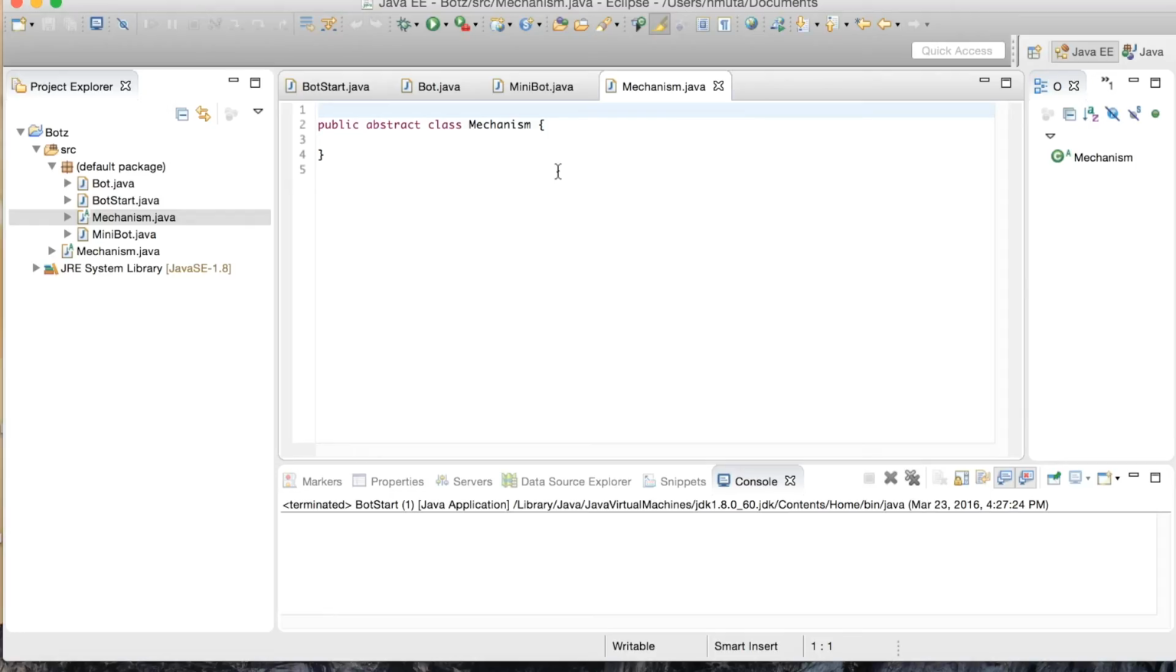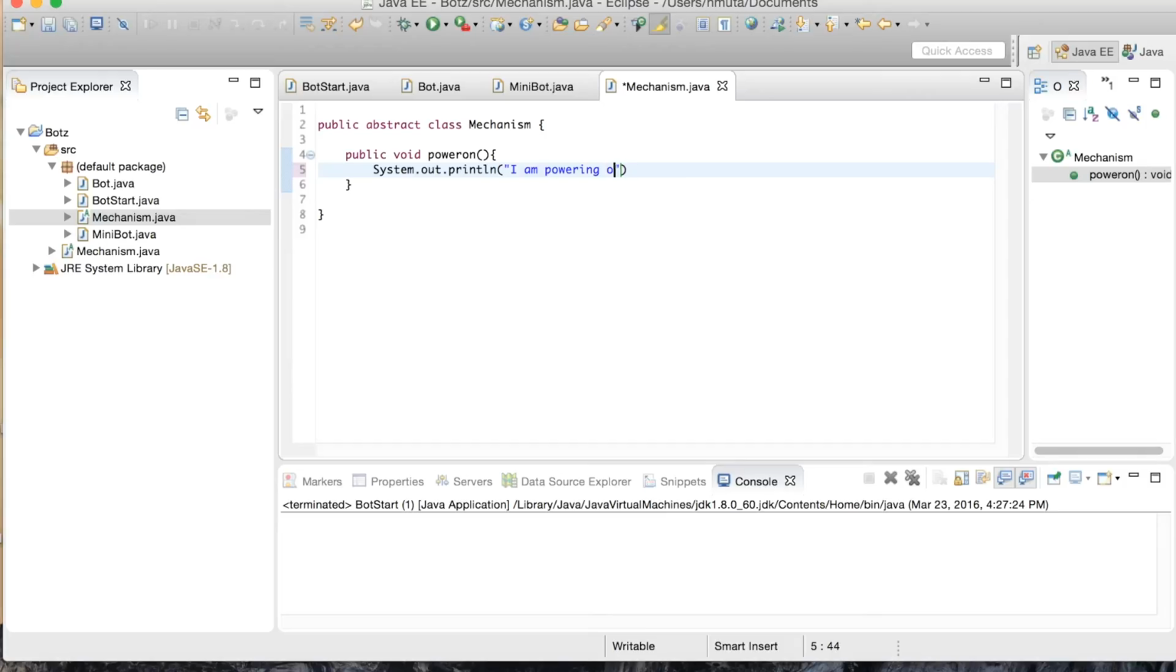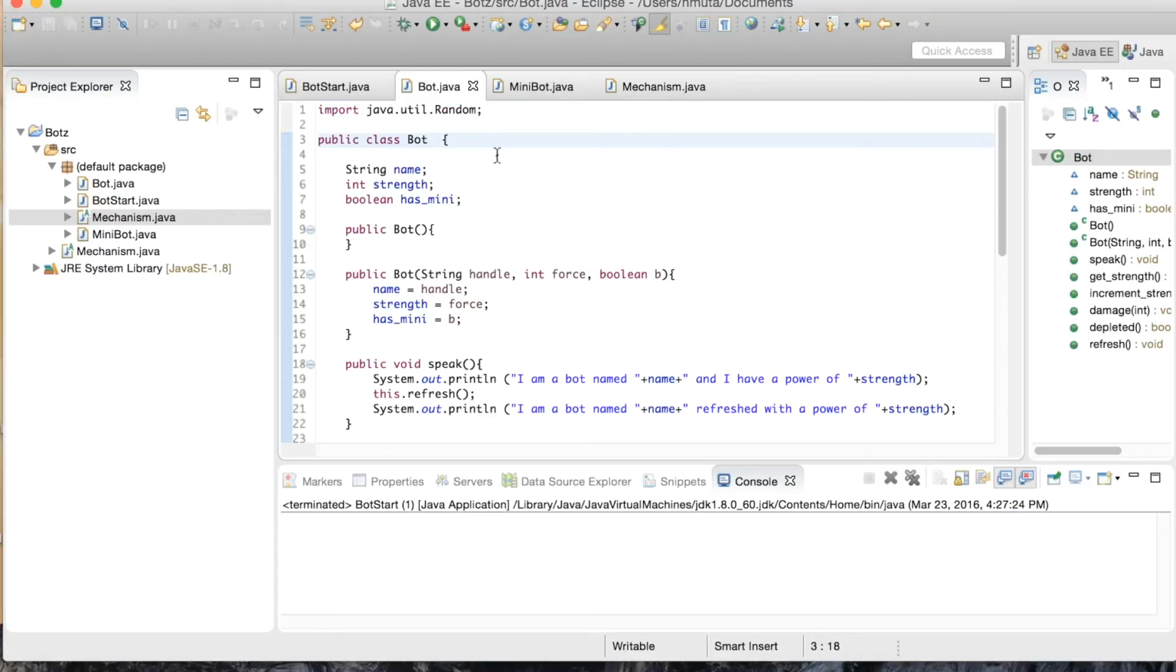So an abstract class is a class that is never directly instantiated. You never create a new mechanism, but you extend it to create other mechanisms. And those mechanisms you do instantiate. So for example, if we had a subclass here, like let's say all of our mechanisms will power on. So we would have a public void power on. So if we have a bot here, the bot, if it extends mechanism,